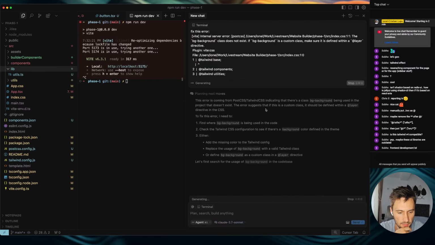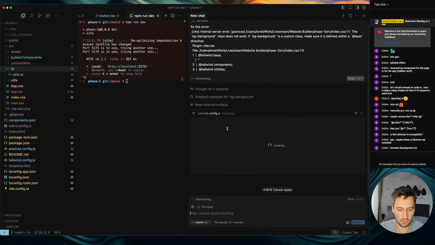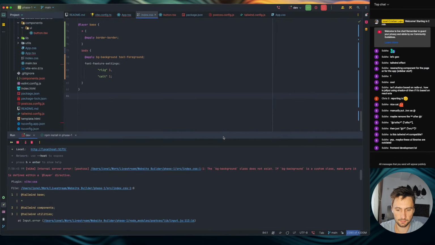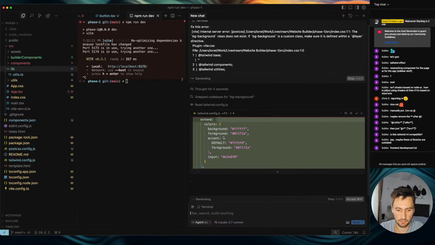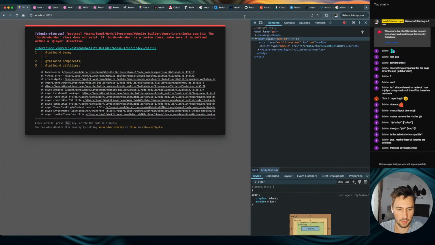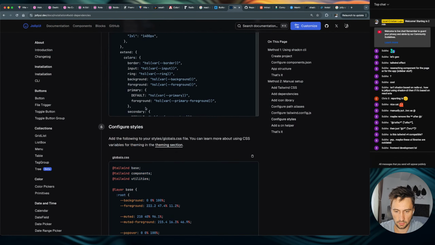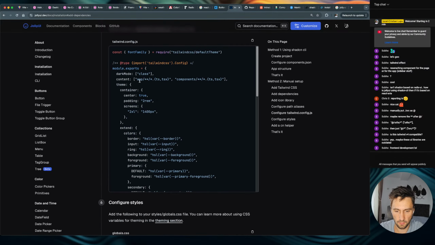Oh, CSS, BG background, okay. Oh, our Tailwind CSS file. Oh. Yeah, my bad. I should have kept this. Oh no, this one, the Tailwind CSS file from